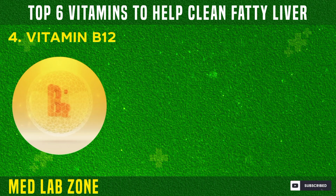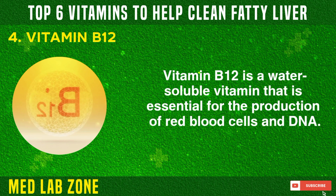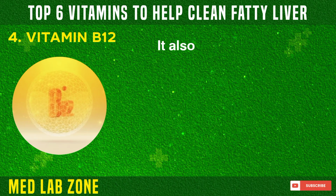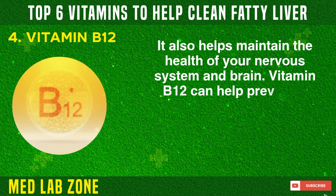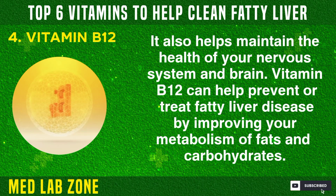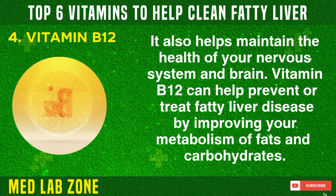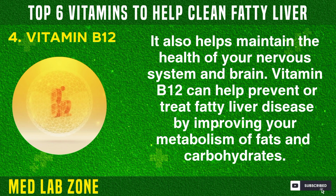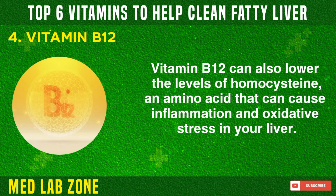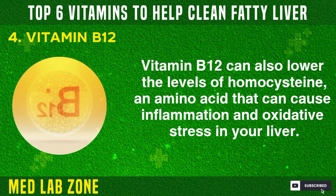4. Vitamin B12. Vitamin B12 is a water-soluble vitamin that is essential for the production of red blood cells and DNA. It also helps maintain the health of your nervous system and brain. Vitamin B12 can help prevent or treat fatty liver disease by improving your metabolism of fats and carbohydrates. Vitamin B12 can also lower the levels of homocysteine, an amino acid that can cause inflammation and oxidative stress in